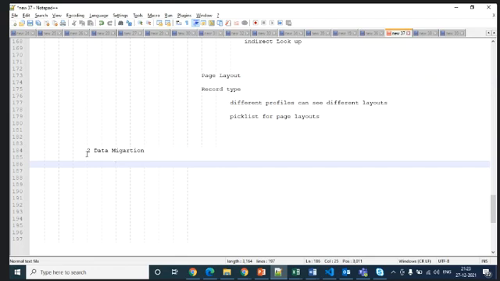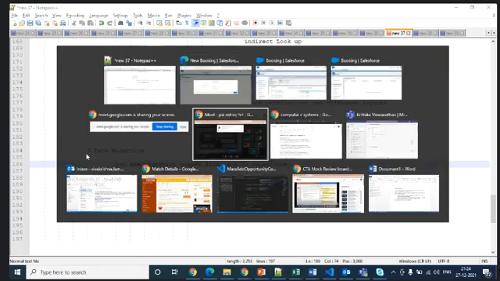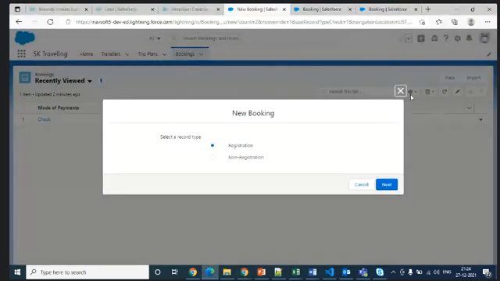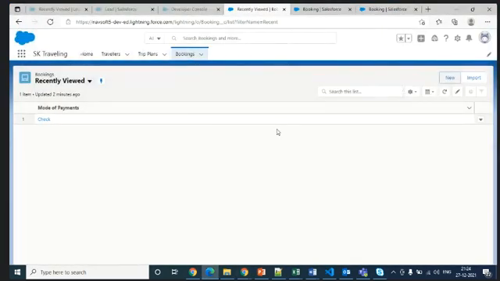You are migrating data from one system to another system. You can consider Java as an example: Java to Salesforce, or Salesforce to Java, vice versa. So to do that, you should go this way. Clear?